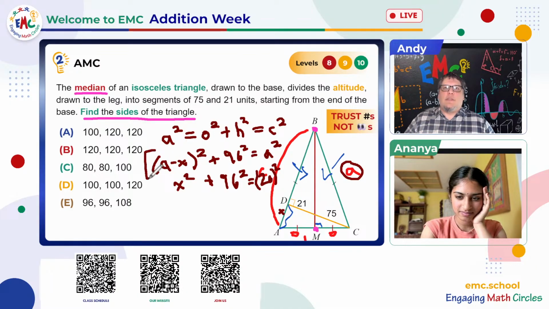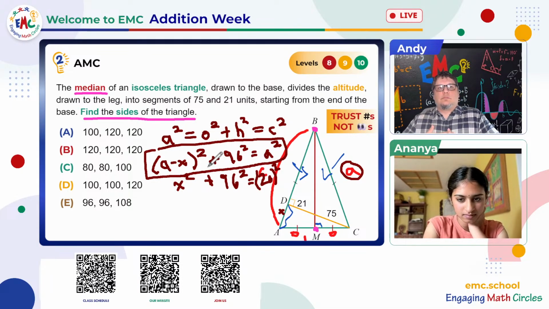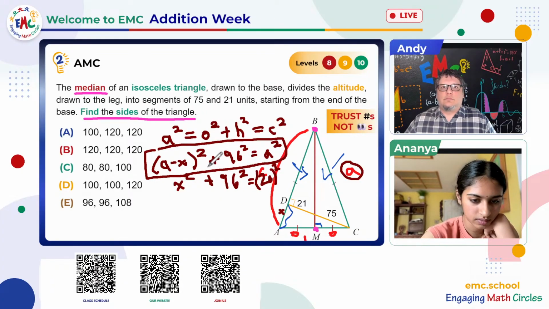Well, let's see if we can find a in terms of x. Okay. So I'm just expanding first. a squared